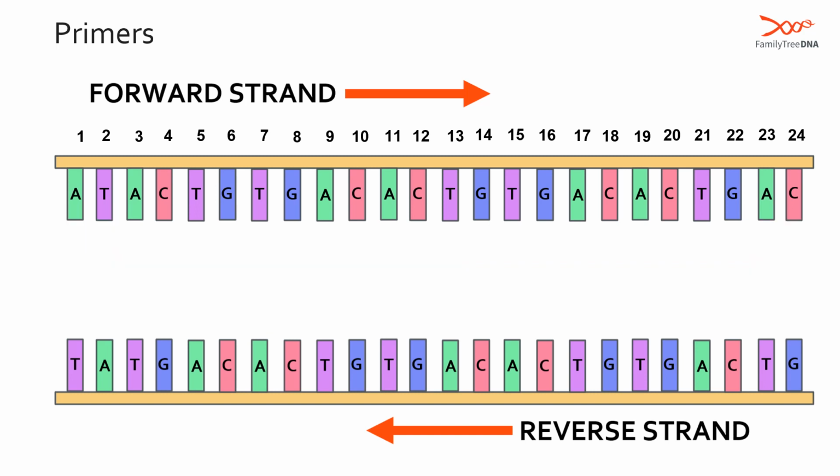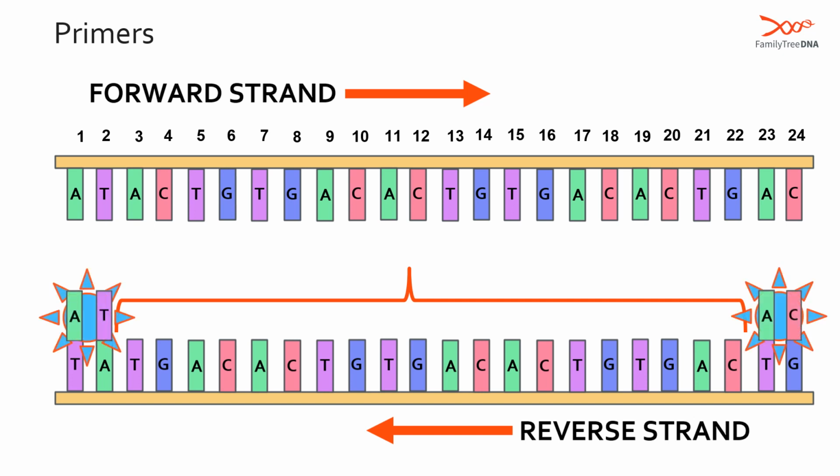We can also verify the results of this test by creating primers specifically for the reverse strand. So we do the same thing, create primers between locations 3 and 22, but in reverse. We just make an artificial AT and AC. We add a different kind of fluorescent dye so that it tells the system, hey, I'm a reverse primer, not